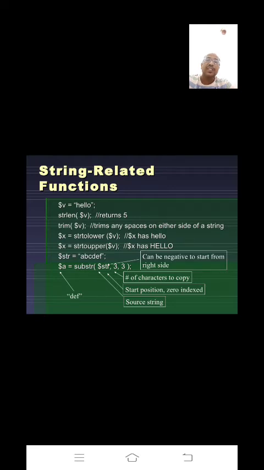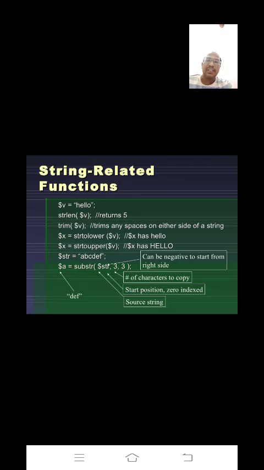The first 3 indicates the starting position, and the second 3 is the number of characters to copy, starting after that position.